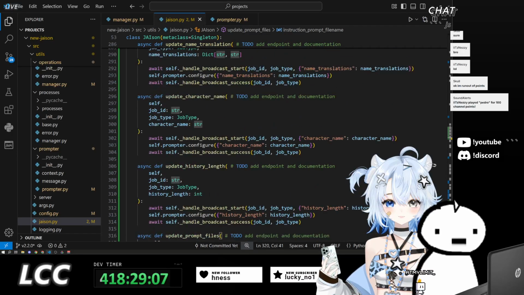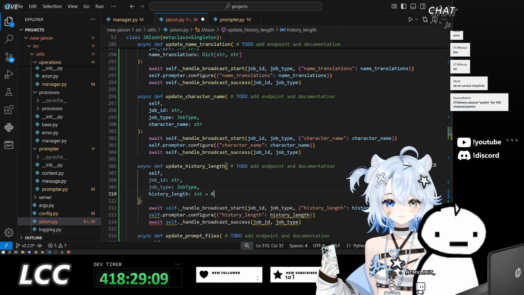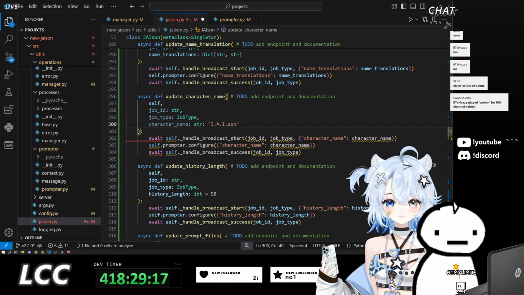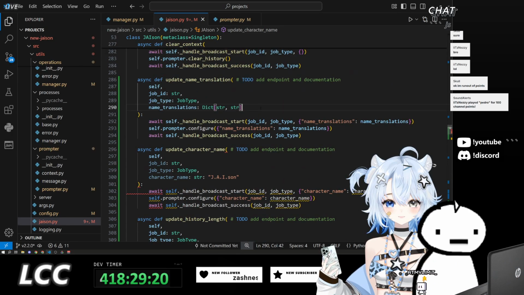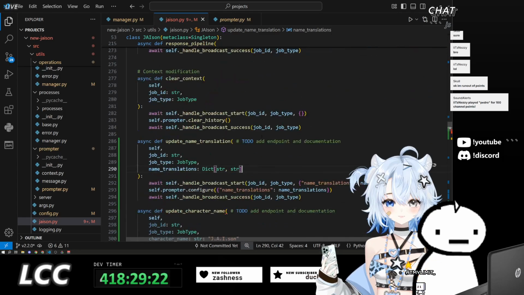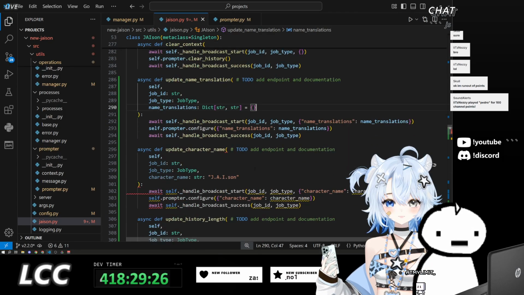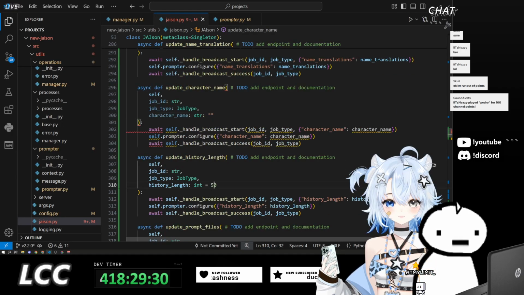Oh wait, these should be keyword arguments, I forgot. Default should be JAISIN by default, and this should be, no, actually no, we'll give them proper defaults, not name defaults.